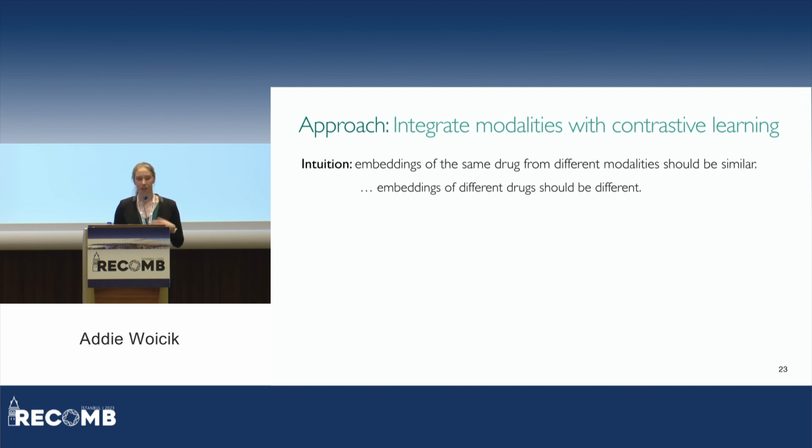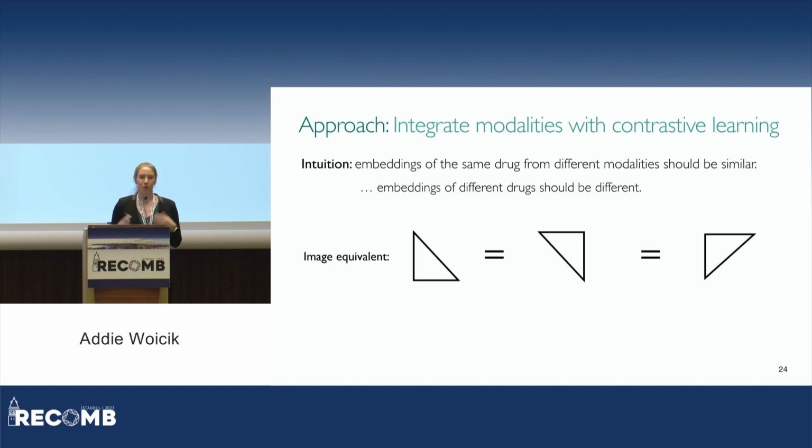this weekend. But just to make sure that we're all on the same page, I'll briefly walk through an analogy with images. Maybe we're interested in thinking about shapes, and we think that a triangle is still a triangle, irrespective of the way in which it's rotated, and these are just different views of the same shape. At the same time, a triangle is not the same thing as a circle, and it's not the same thing